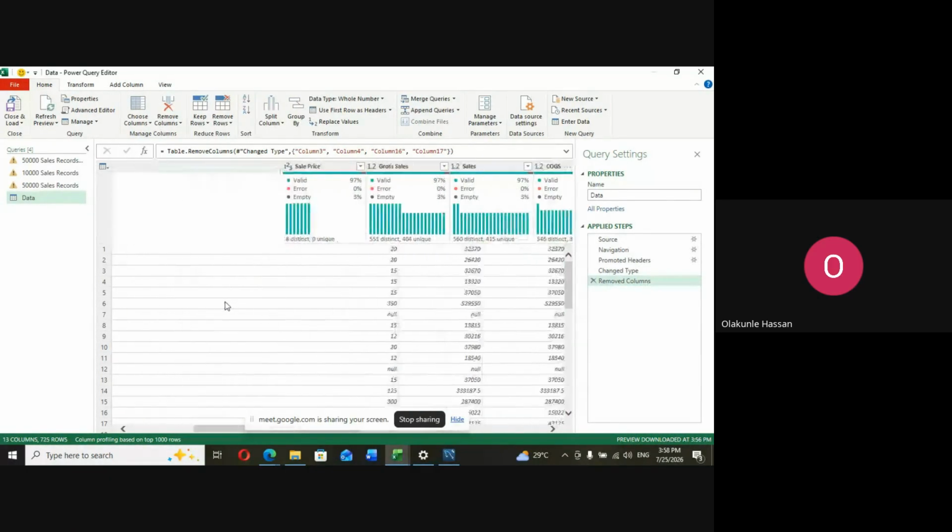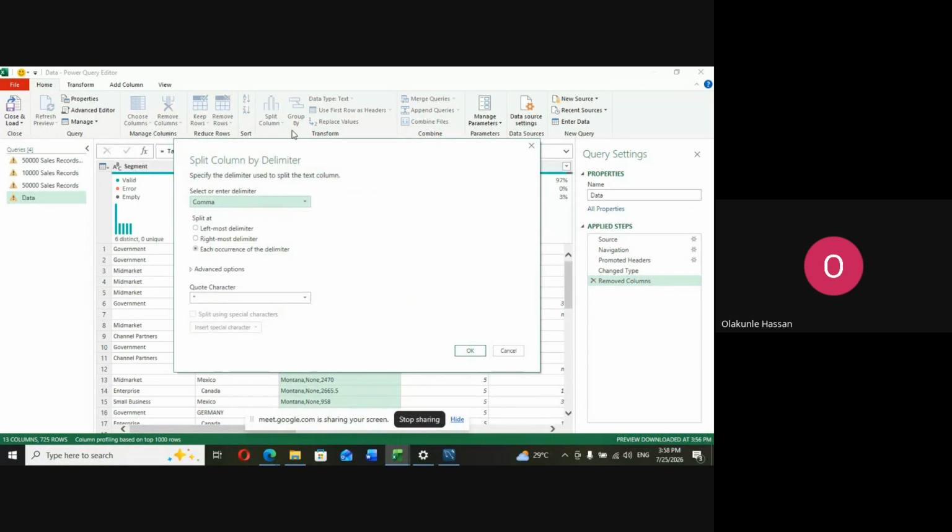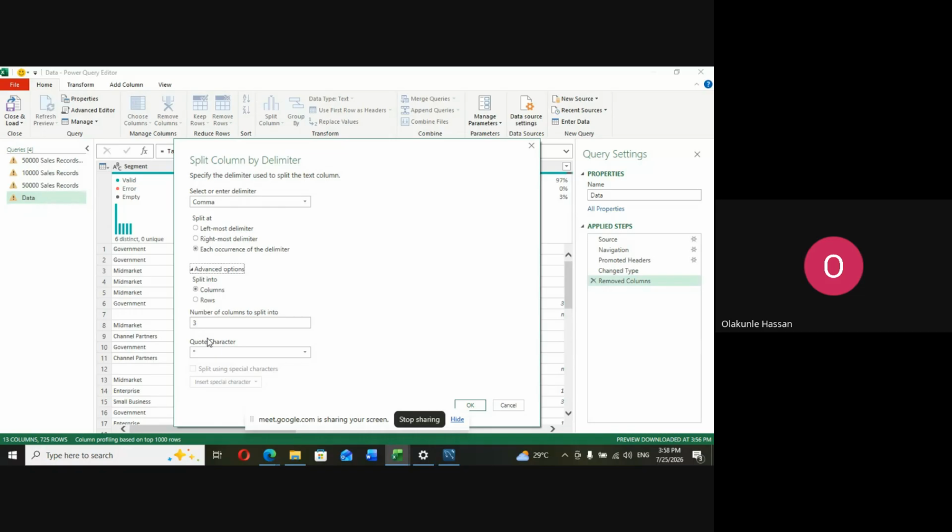Now if I want to apply all this cleaning process, like if I want to split this data set, you see split column. When you click it, select the delimiter. By default, Power Query understands what is separating the data. You notice it is already showing comma. If you select leftmost, it should just extract one. If you select rightmost, it should just extract one. But you have to select each occurrence. If you click on this drop down, it will give you a preview that the data set will be split into 3 columns. If I select okay,